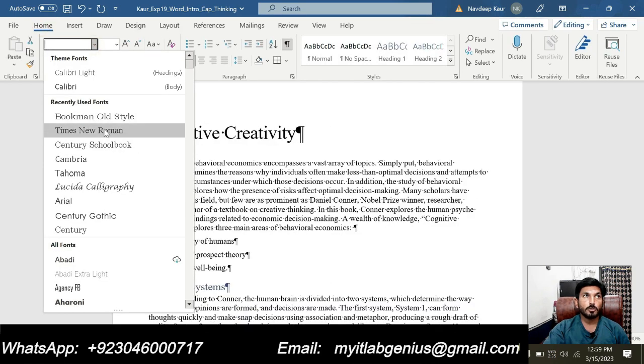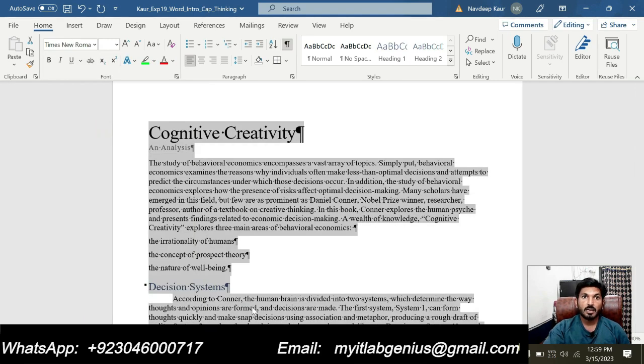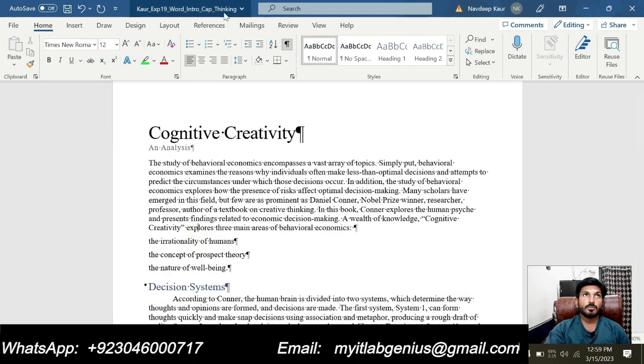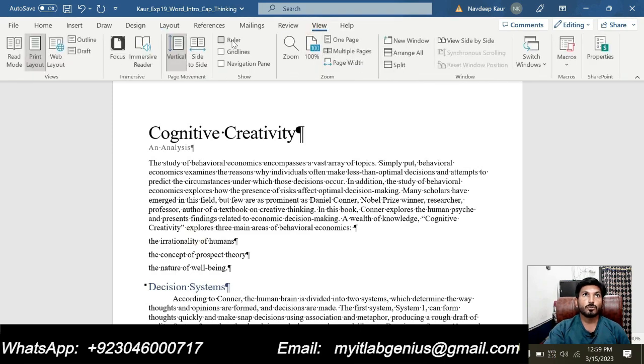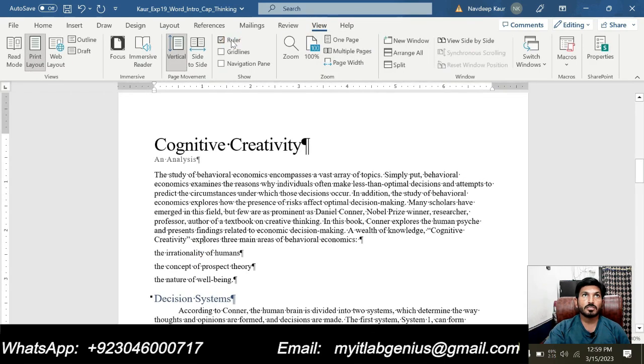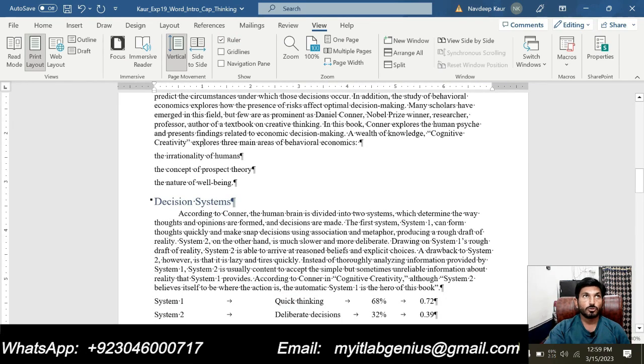So we will select Times New Roman from here. Times New Roman is selected, and now click on the View tab and display the ruler. So View tab and click on Ruler, check this box, and you can see the ruler is displayed now, this one. So we are done with step number 2 now.